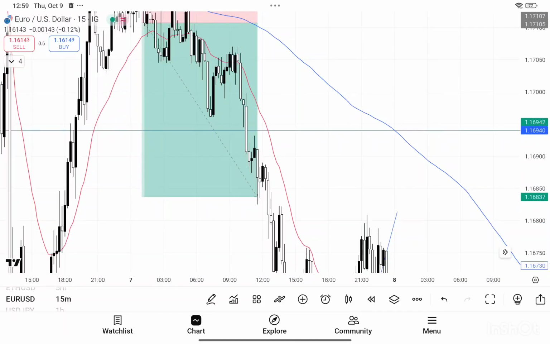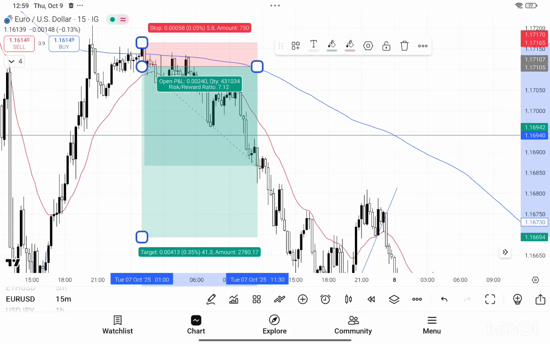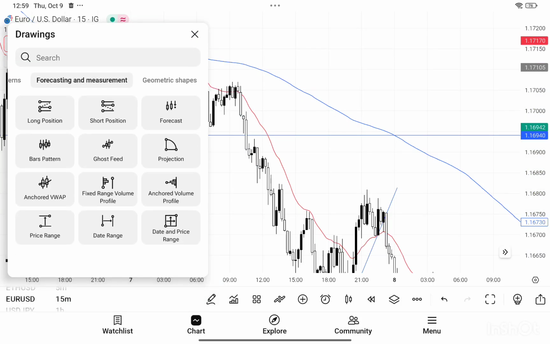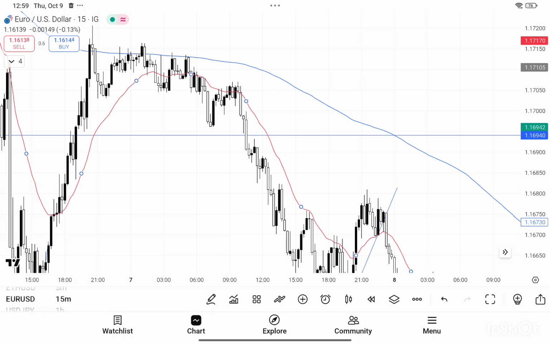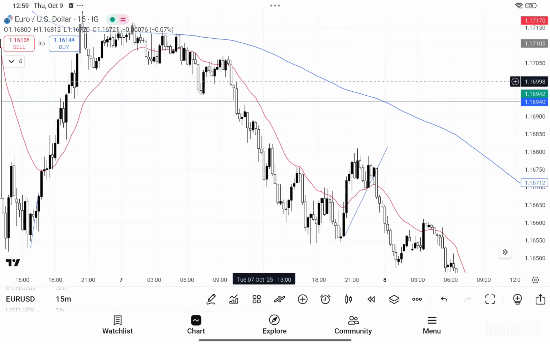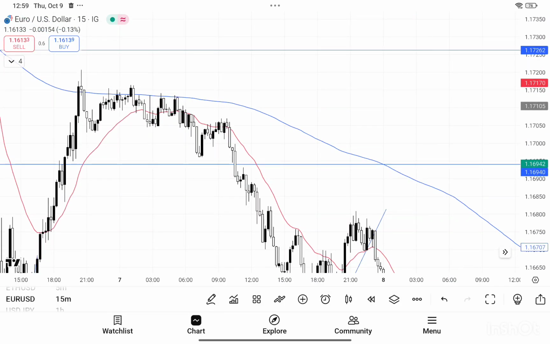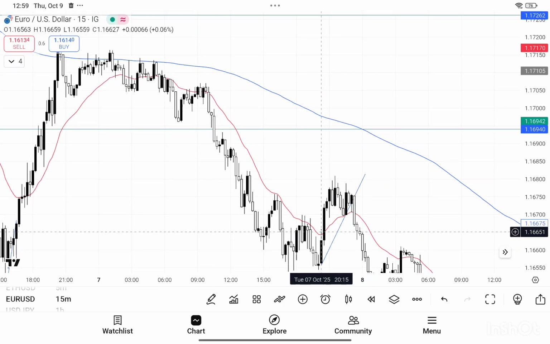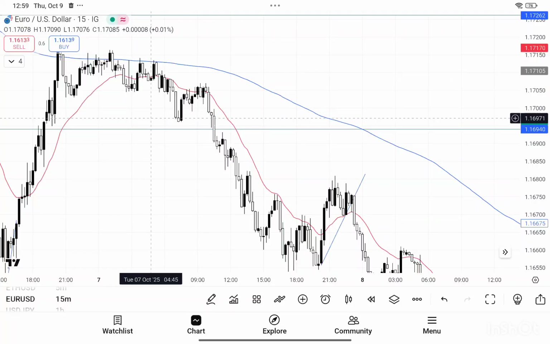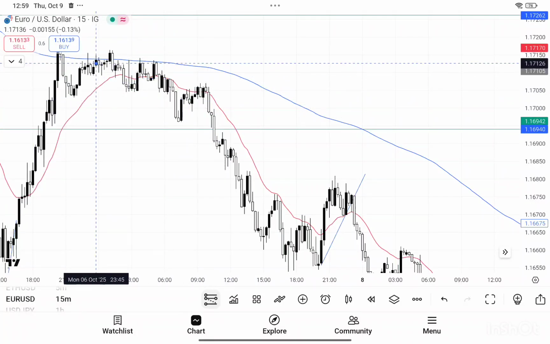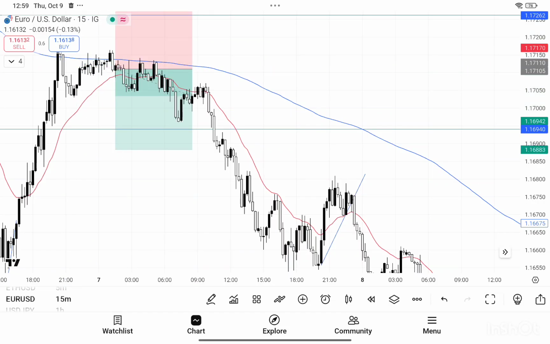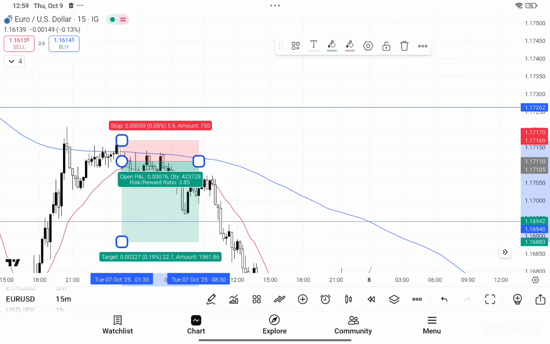So after this strategy, you also can add a moving average for 20 EMA, and you can trail your stop loss along with the 20 EMA. So you can hold this trade for as long as you want, until it crosses back the 20 moving average over here. So for example, you had taken two SLs, first over here, SL done, second over here, then you entered over here. Okay, stop loss over here,